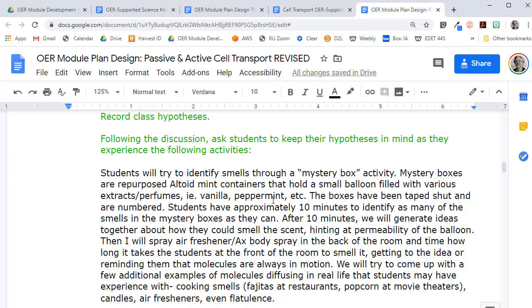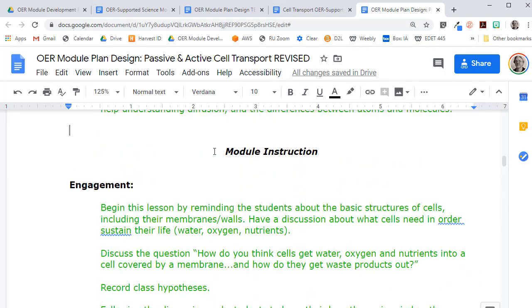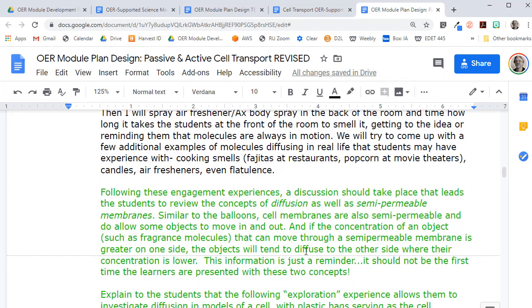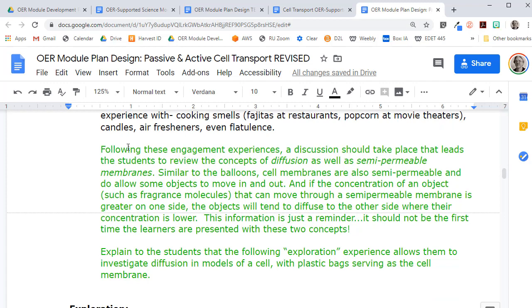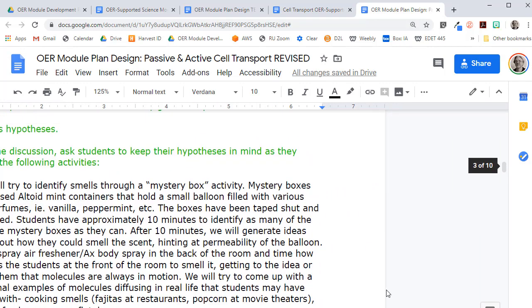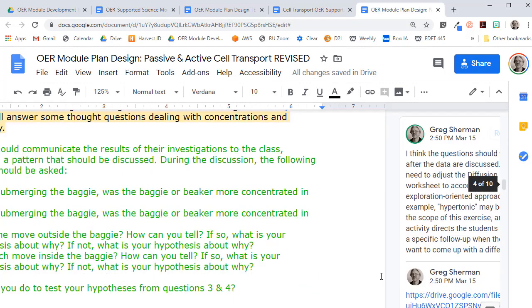that actually moved through some of the balloons, and it was a really good, very engaging activity. And so that's all part of the initial engagement, and so it was fitted here. And again, I followed up by what you would want to talk about as a teacher following that engagement activity. And another thing that I want to point out is that in some of the work that I'm doing, I do include some notes of things that might need to be continued to be revised,